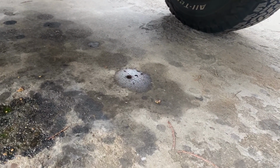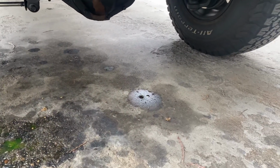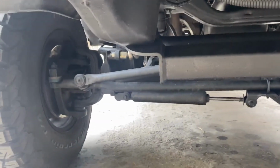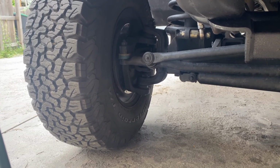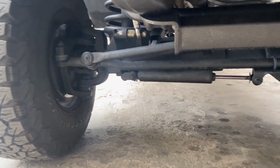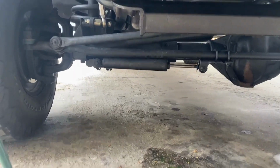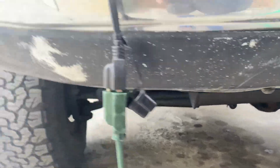If you look at that spot right there, that is coming from our steering gearbox. Nothing new. That's been doing that the whole time. We're finally getting that remedied. This passenger tie rod over here, that is getting a little loose. So we have a whole brand new 4th gen Moog steering kit. We have a Fox steering stabilizer that will go right there. And then